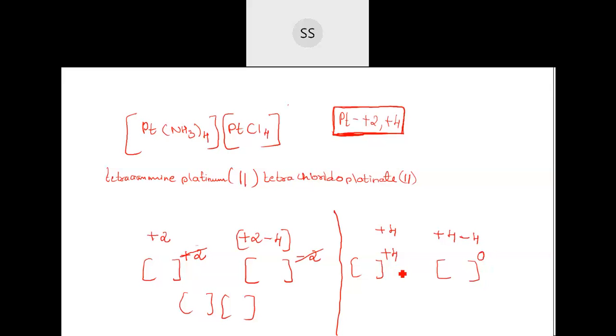Now, will it be possible that one having a plus charge and one having a negative charge interact with each other? That is not possible, no? If you want the formation of the ion to take place, for example, if Na plus has to combine with Cl minus, Na should carry a plus charge, Cl should carry a minus charge. Then this plus and minus will cancel each other to give you NaCl. If one is positive and one is 0, then this formation is not feasible. This is not possible. So that is the reason why +2 oxidation state for both of them will be the correct one. Did you follow now?